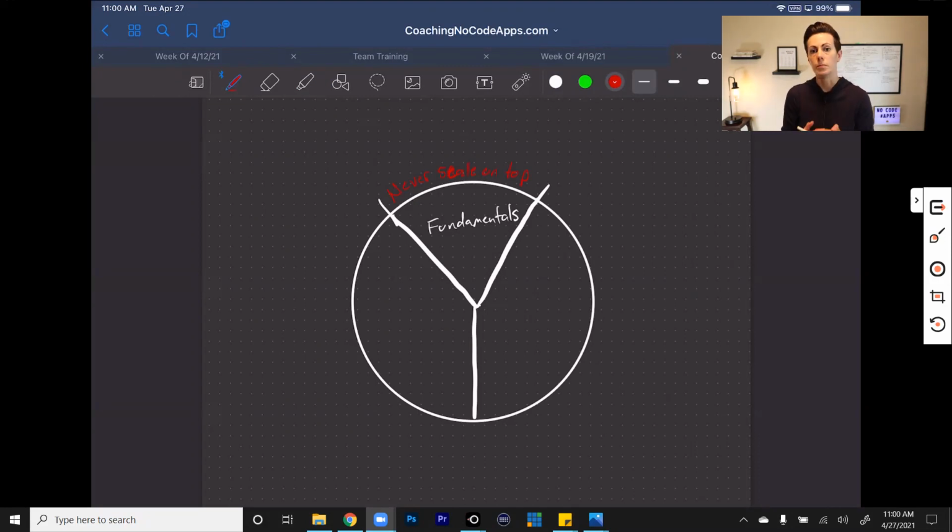You want to be able to build an app and launch early, right? And then continue growing. That's the part that a lot of people forget, is the continue growing part. All right, if you don't practice these fundamentals and you don't understand how to apply them in your development, then anytime you try to take a step up and do something a little bit more complex, add on a more advanced feature, you're never going to be able to scale, because you don't know any of the underlying fundamentals that will support that scale. Okay, so you have to consistently do these fundamentals. I just can't stress it enough.